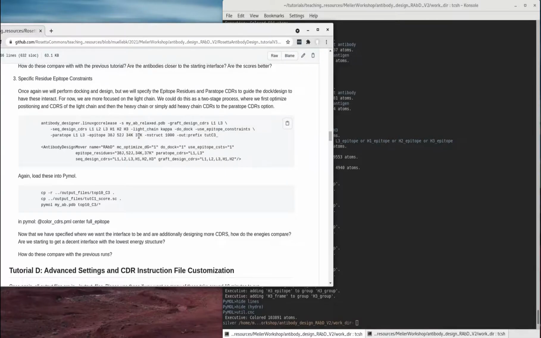So once again, this takes a while. This is something, especially with an nstruct of 1000, that we're looking at running on a cluster rather than your individual laptop. So I'll walk through what the command is, but we're not actually going to run it. AntibodyDesigner.Linux GCC release. Use the myab relaxed as your input PDB, graft design CDRs, as in tutorial 2, L1